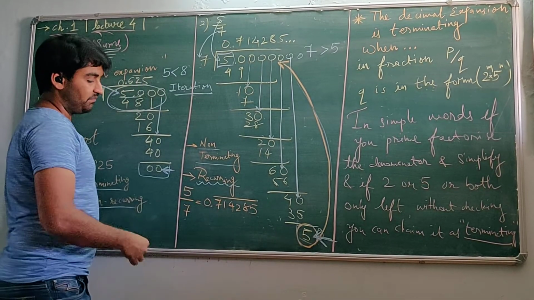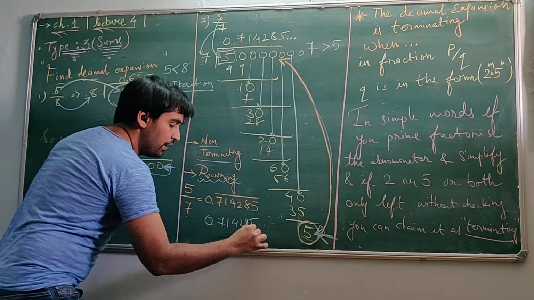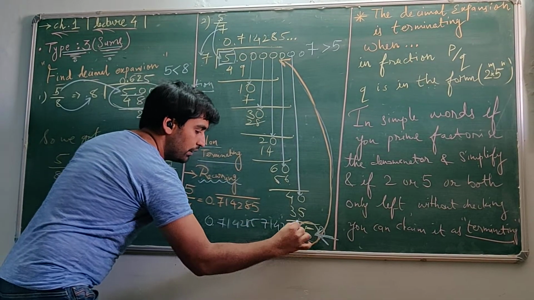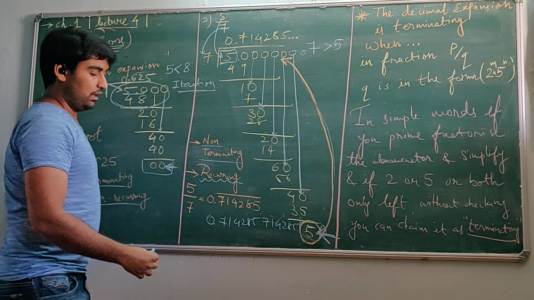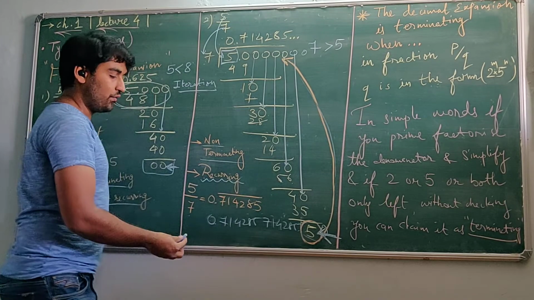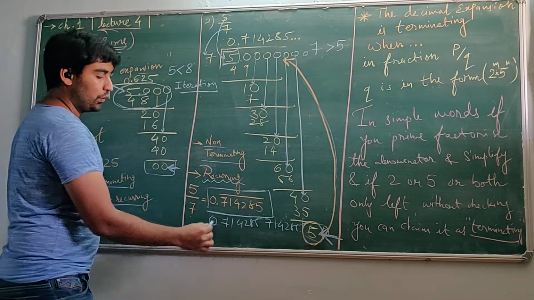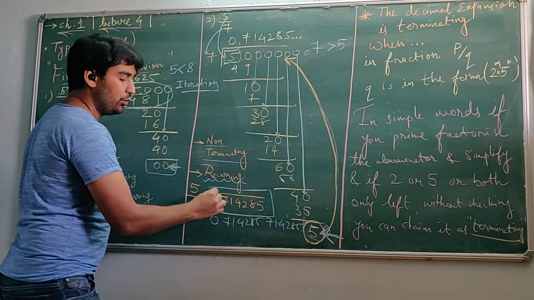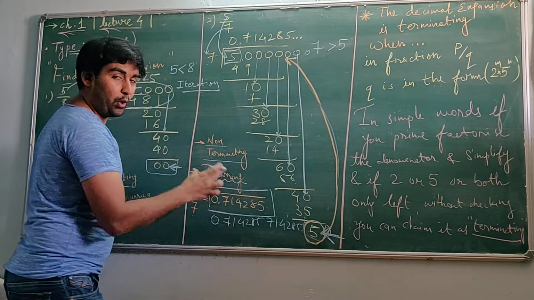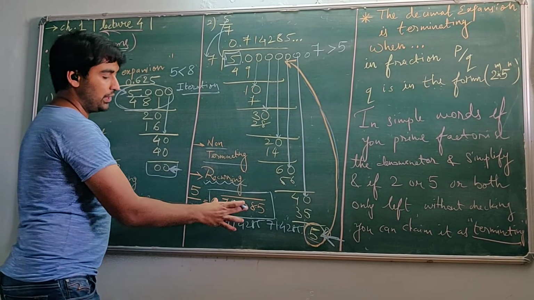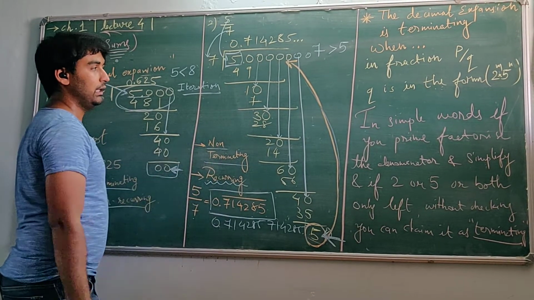0.714285. See, one more way to write it is 0.714285714285, dot. But it is a tedious job to write this number 2, 3, 4 times. So a shorter way to represent that number is like this: you just need to put a bar over the repeating group of digits, so that you get it as a recurring and non-terminating number.